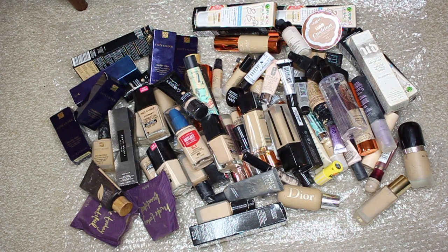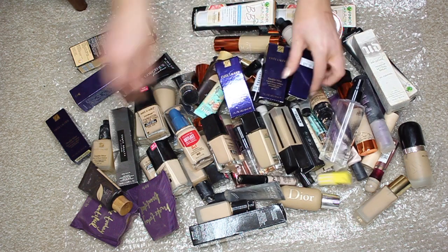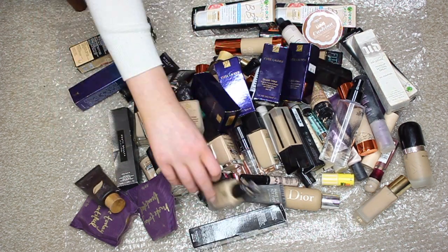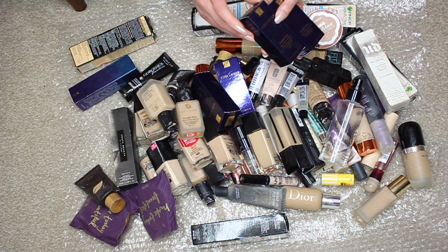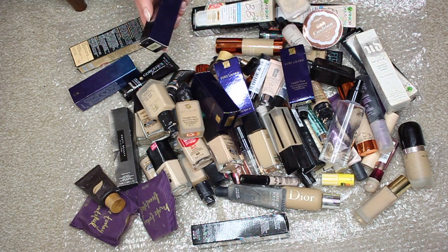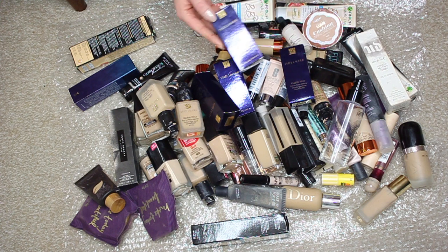And I'm going to go into my Estee Lauder Double Wear foundations because I can see that I have quite a few of them. So I have these ones, I have 3, I have 4, I have even more in here. So what I'm going to do is just look at the ones that I haven't opened yet and see the shades. So I have 1W2 Sand. I think I did recently buy this and I've tried this shade out again. Yeah, I did. I recently bought this because I needed this shade again, and it is just so stunning,